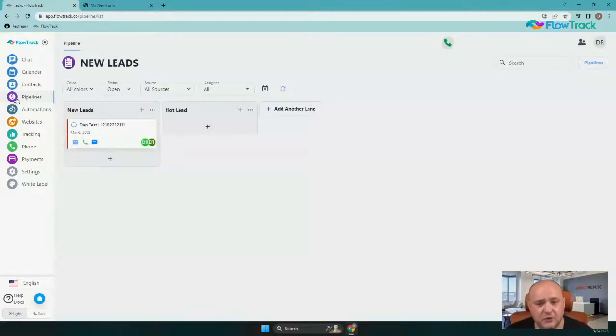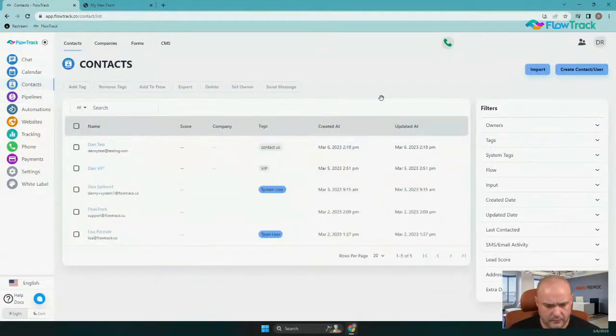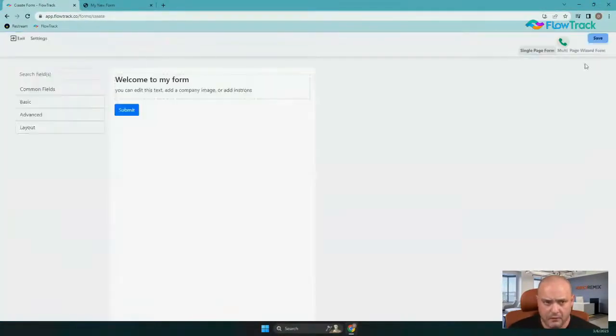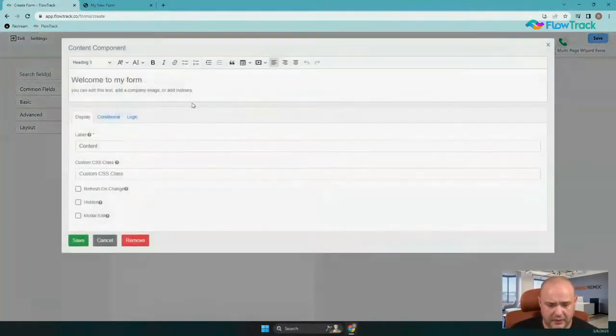Okay, so the first question of doing that is we need to figure out how we're going to get people into the system. How are we going to trigger this review sequence? I like one of two ways. The way that I do it, where people can trigger a review sequence, is to build a form. So let's do that real quick. We're going to build another form. So we're going to go to form and we are going to create a new form. So we are going to rename this